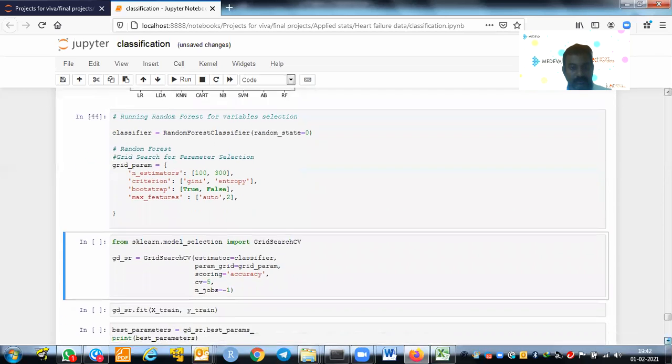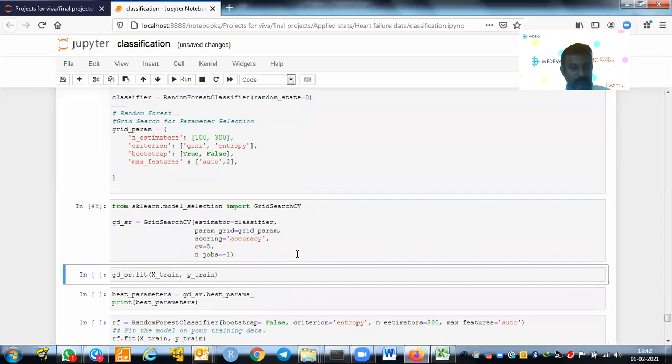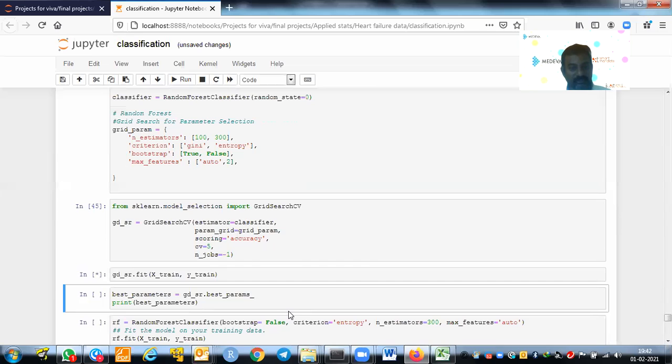So once we run this, I am running random forest here with the grid search. After running this, I will get the best parameters and use those best parameters and run the random forest. And from that random forest, I will take only the key variables and use those variables in the logistic regression. So what that will do, with the lesser number of variables, I will be able to build the best equation. Let's see.